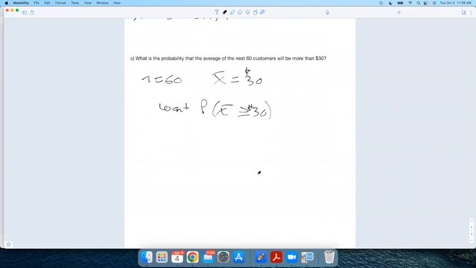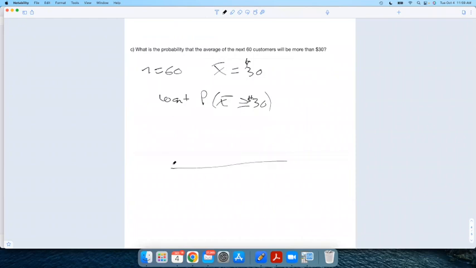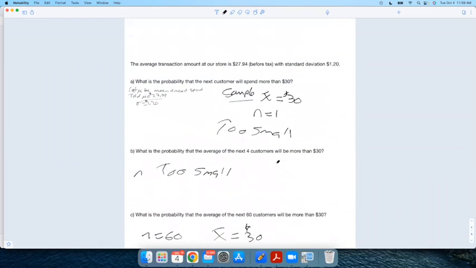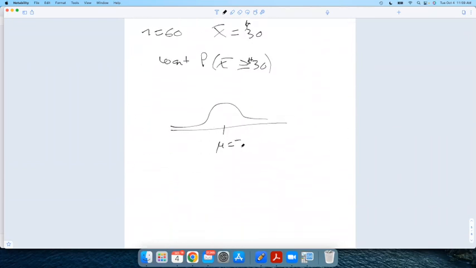Okay, so I draw my picture. Right in the middle is the population mean, 27.94. I want bigger than 30, so here's my X bar, my sample mean of 30. And I want to be above that because the question said above that. I drew my picture. I find my z-score: the one I want, minus the mean, the one in the middle of the picture, divided by